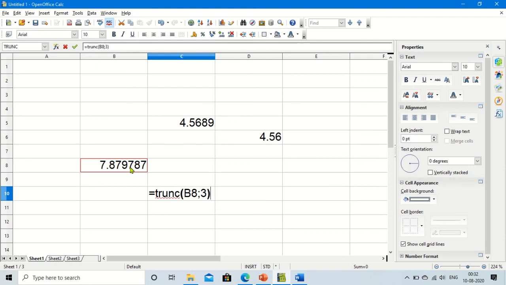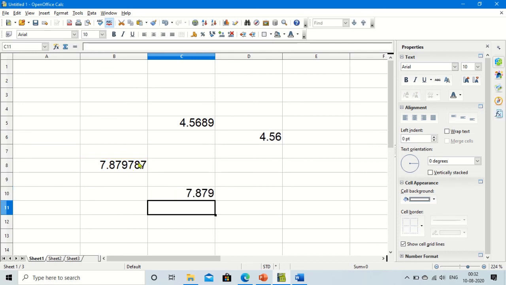So keep it in mind, the digits are always eliminated from the right side. So here the 3 digits from the right side will be eliminated. You can see here 3 digits, 787, have been deleted.